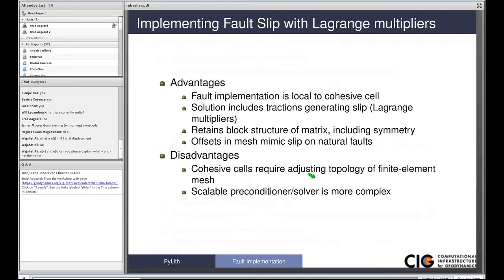The advantages of using this approach with the Lagrange multipliers is the fault implementation is completely local to a cohesive cell. The rest of the volume does not need to know anything about that a fault exists. The solution includes the tractions generating the slip. That is the Lagrange multiplier. It retains the block structure of the matrix, including symmetry, and the offsets in the mesh mimic slip on natural